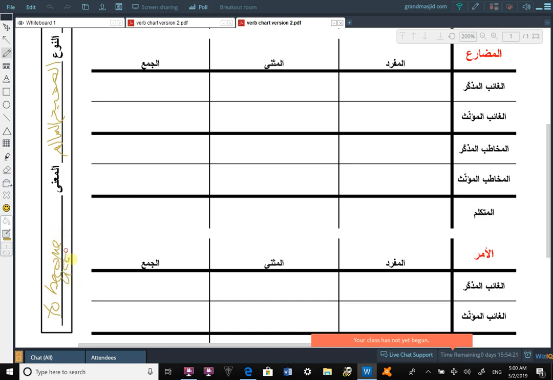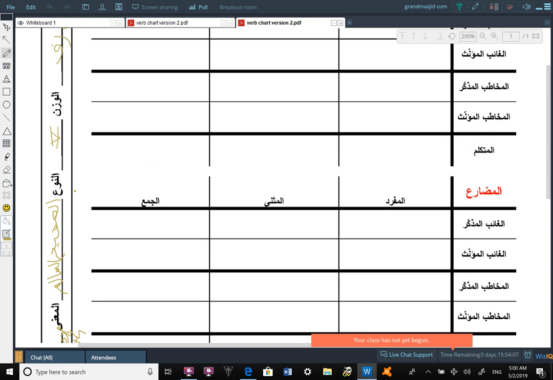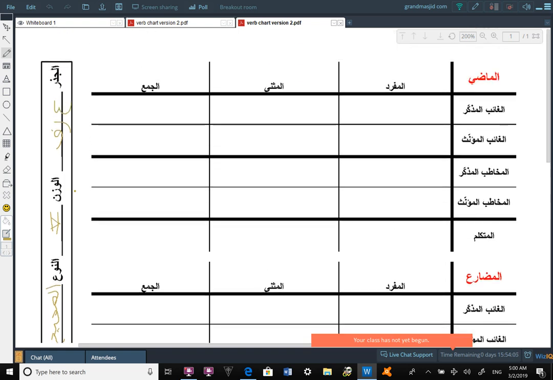Become acquainted with, meaning to get to know something or someone, right? Again, our Form 5, we take our Form 2 verb, which was just the three roots with a shadda on the middle letter, fatthas across the board. We add for the past tense a ta with a fatha.